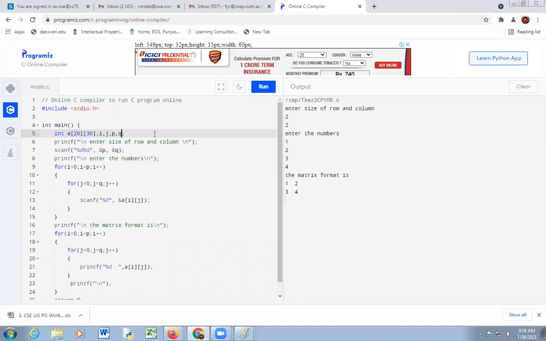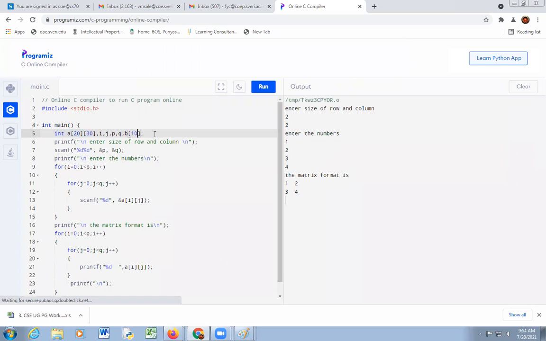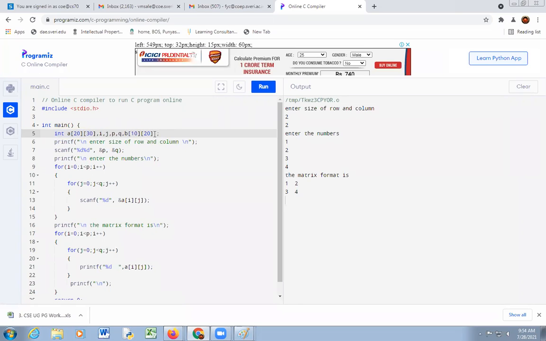There is a requirement of two more arrays, B, suppose 10, 20, and C, 20, 20.